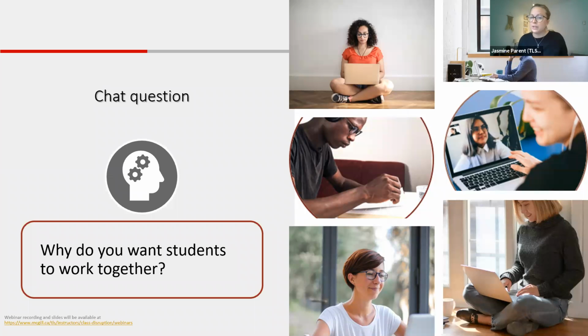Are the students primarily undergrads or grads? They can be either. So why would you want students to be working together? They have a lot to learn from each other. Collaboration is important for personal and career success. Yes, collaboration is also important to build community and make connections, especially in a remote learning environment. So students around in these times might feel disconnected from each other. So it's especially important to have them work together.